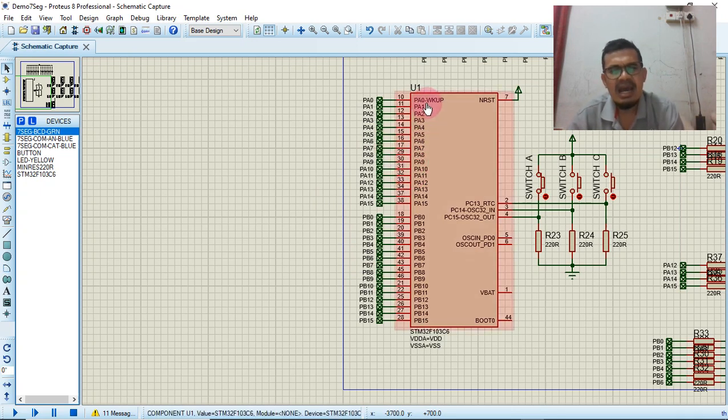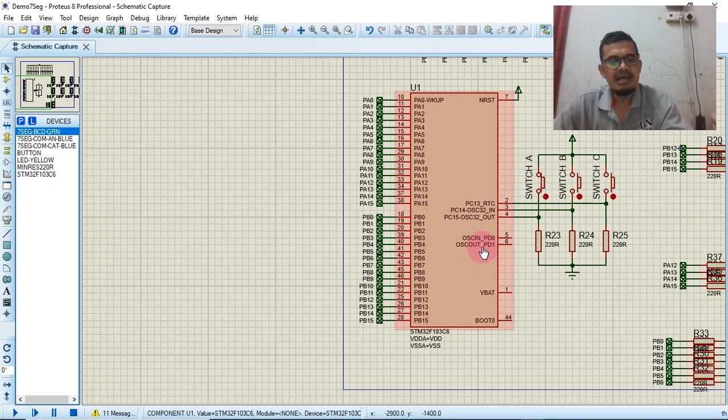Let's say I only want to use port A, so I just turn on clock for port A. If I want to use port A and B, I turn on port A and port B. But if I plan to use only port B, I can shut off port A and just turn on port B. Same goes to another port, like port C or port D. So if we plan to use port D, we can turn on port A, port B, port C and port D.